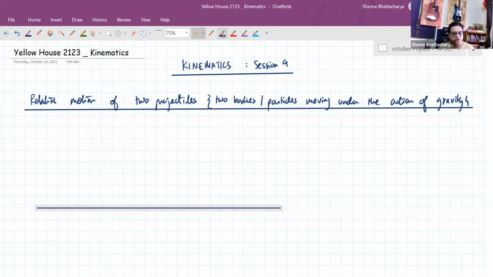So the general idea is that if we have projected a particle A with an initial velocity u1 at an angle alpha, let's say, and we projected another particle B simultaneously like this, both projected at t equal to 0, then at any particular instant of time,